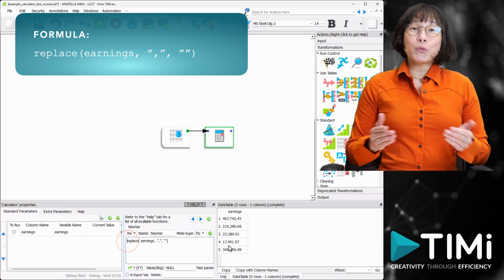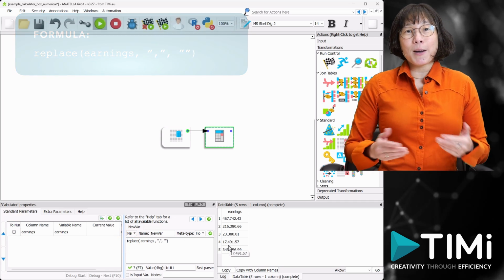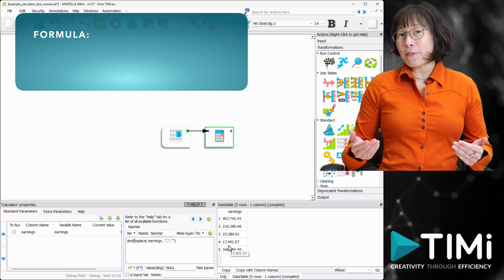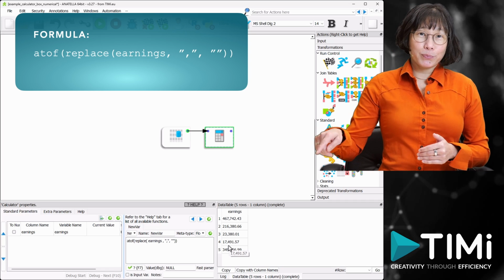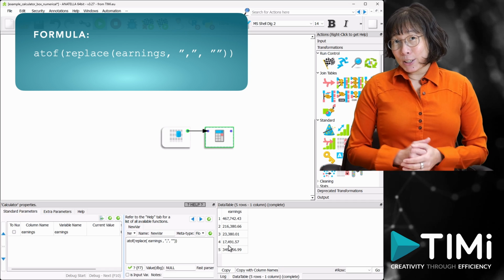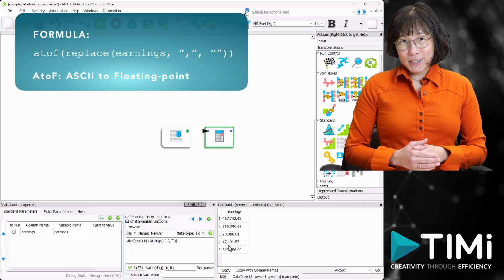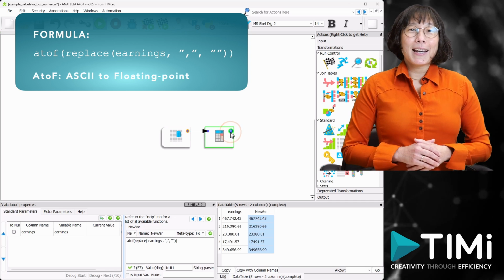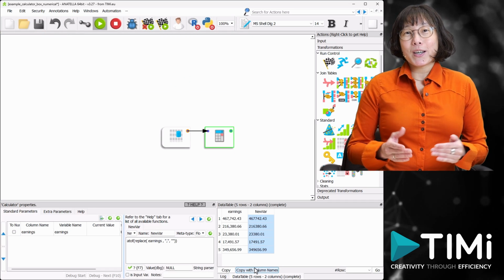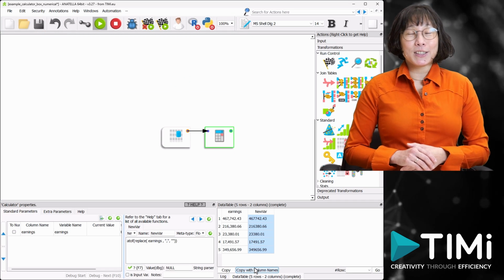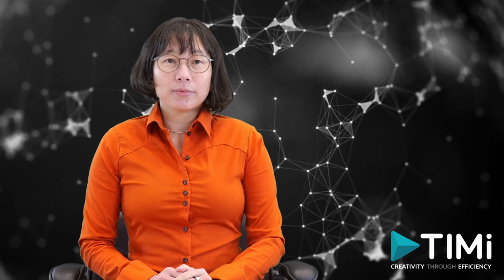Next, we can convert the clean string into a number with the A to F function. Thus, the formula is as follows. The acronym A to F stands for ASCII to floating point. Let's apply this formula in the earning column. Now, earnings is correctly converted to a numeric value.